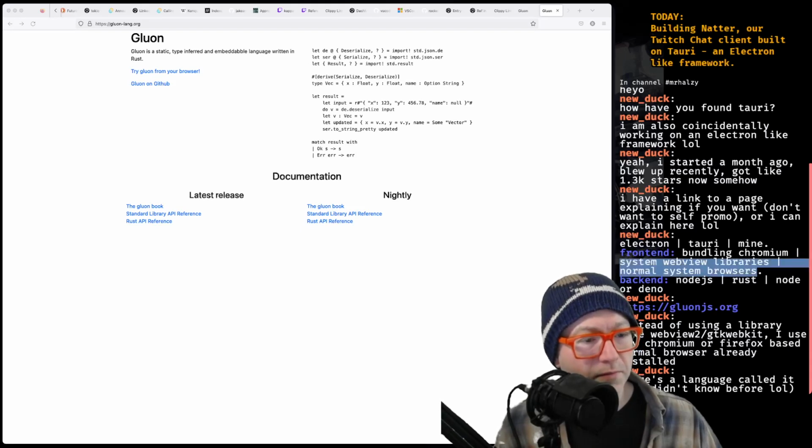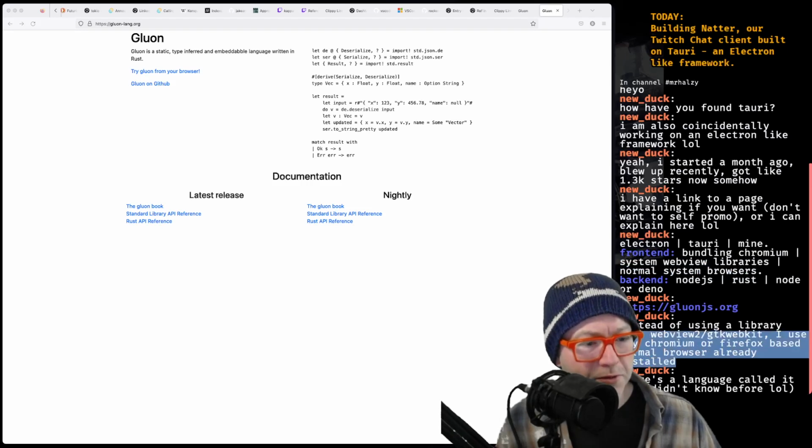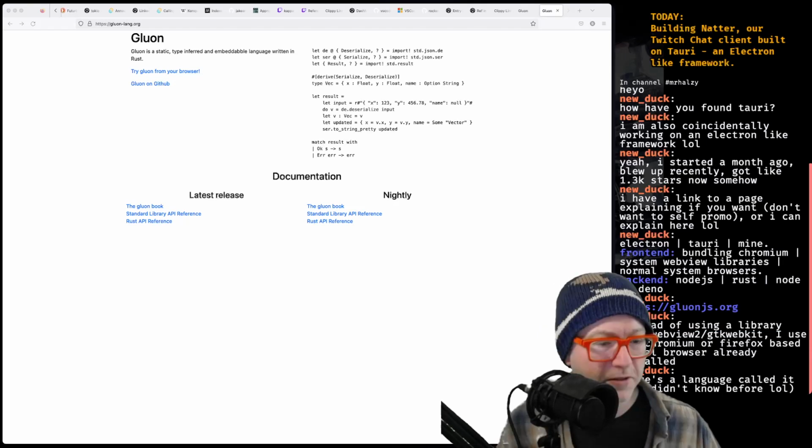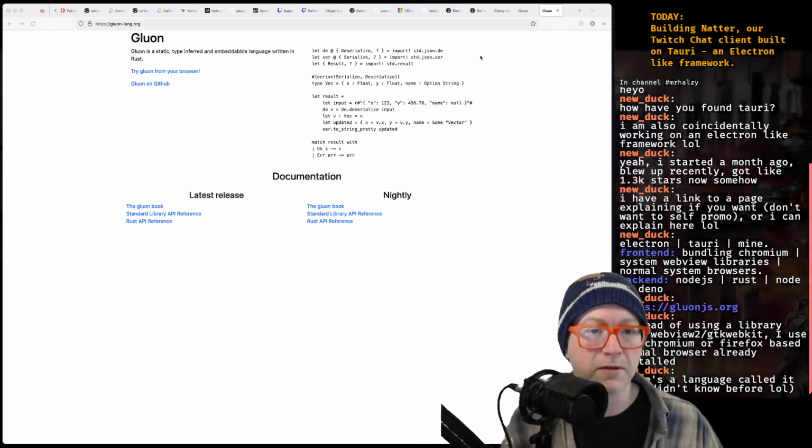And so, I mean, that seems a lot like a system web view library. But instead of using the system to discover it, what sort of mechanism are you using to discover, like, Firefox might be installed? It's interesting.